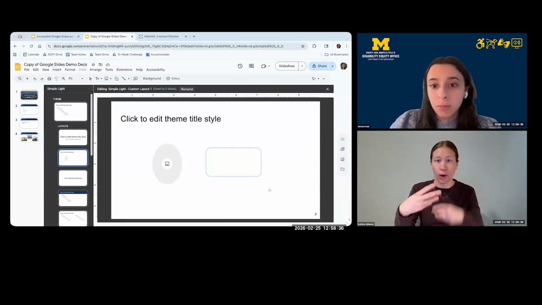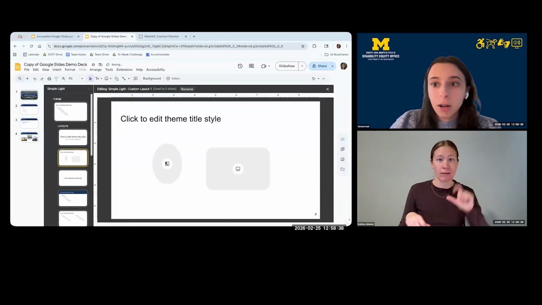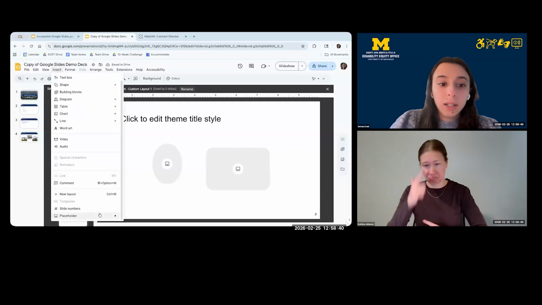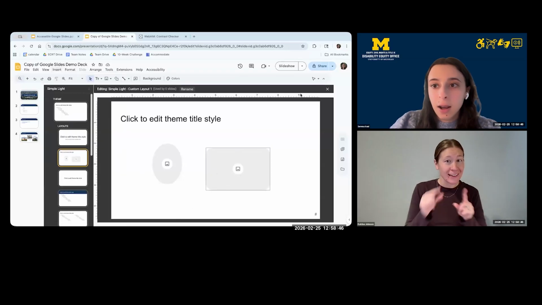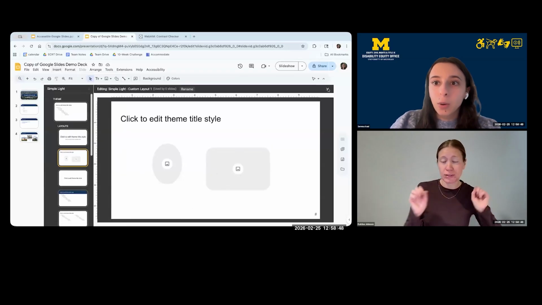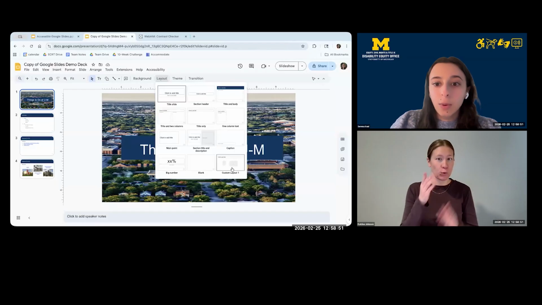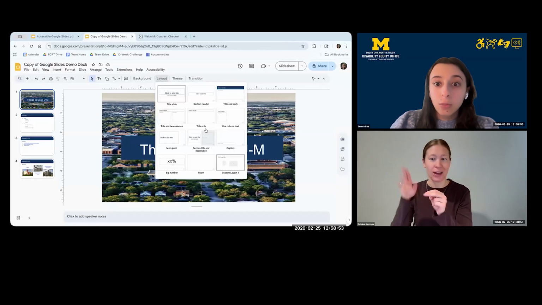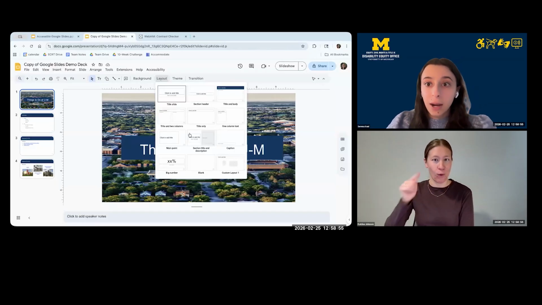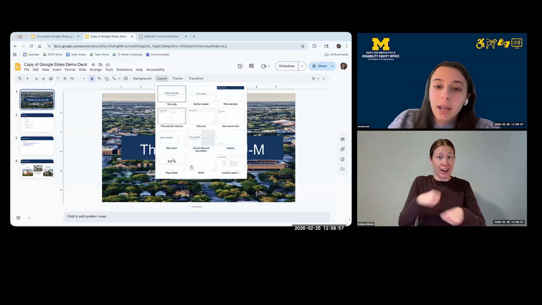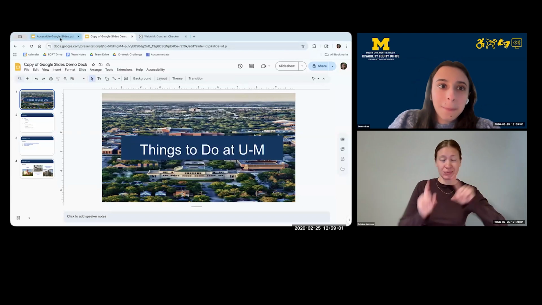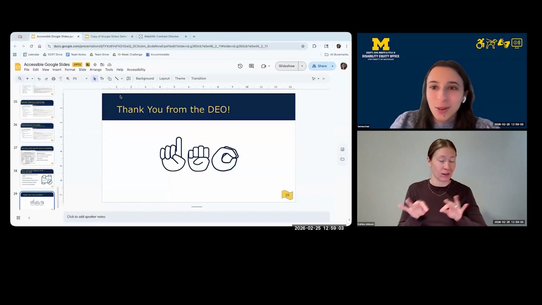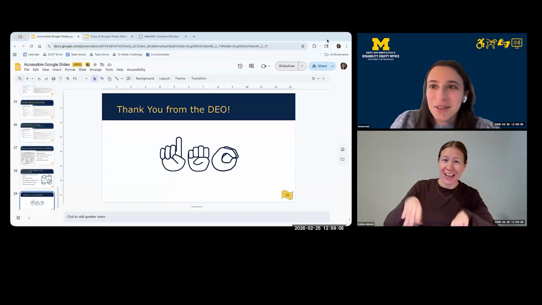I can add another image option there, and I can customize this really as much as I want. I can add in more body text, anything like that. And then when you go to create that new slide, it will update that layout for you. You can also create more layouts too if you really want to get custom with the setup there. Okay, hopefully that answered those questions too.